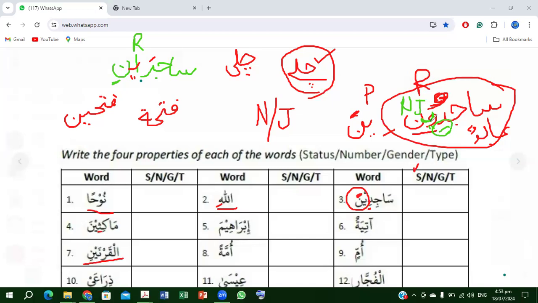तो साजिदूना, आपने दो साउंड्स याद रखनी है, ऊना साउंड, वाव नून ऊना साउंड, दैट इज फॉर प्लूरल, एंड रफा। साजिदूना, ऊना साउंड फॉर रफा स्टेटस फॉर प्लूरल, ठीक है। और उसका नसब और जर जब हो, यानी जो वाव नून है, दैट चेंजेस इनटू या नून, यानी ओनली वाव चेंजेस इनटू या, दैट बिकम साजिदीना, ठीक है। या के लिए हम कसरा फिर लगा दें, साजिदीना।